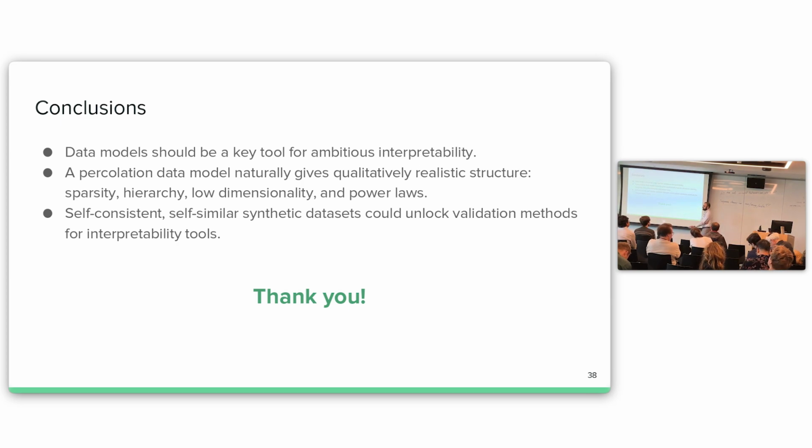Another direction that I'm interested in is that we can use this self-similarity property to define an intrinsic scale of the data that you could use as a metric for the recovery of your interpretability method. There's a trade-off, for example: do you resolve the biggest clusters very well, but miss the smaller clusters? Do you resolve more of the clusters at a lower level of granularity? So you could quantify this kind of trade-off in a very controlled setting.